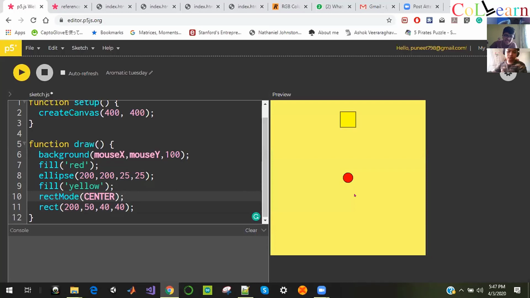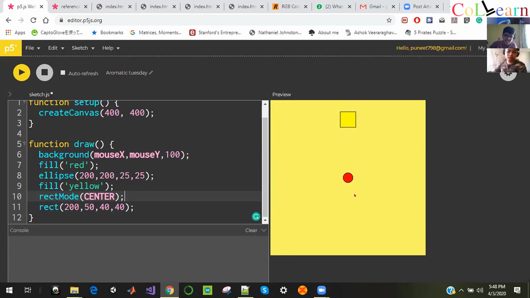Manish is asking whether the coordinates for an ellipse or circle take the center place. Yes, because there are no corners there. That's why they take the center, because it's a symmetrical figure. But for a rectangle, it's not symmetrical. A square, of course, is symmetrical. Of course, a rectangle has symmetry too, but they take the corner as the parameter specified for the rectangle.